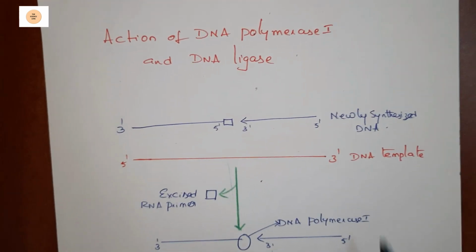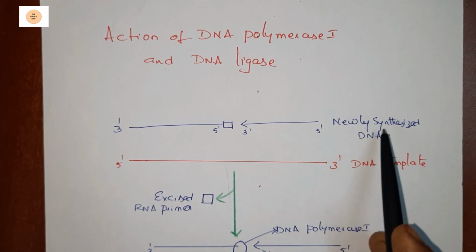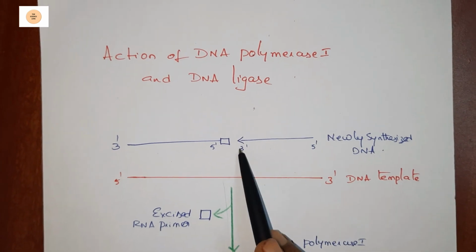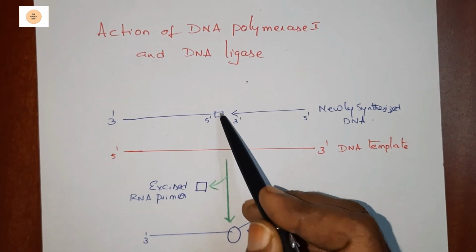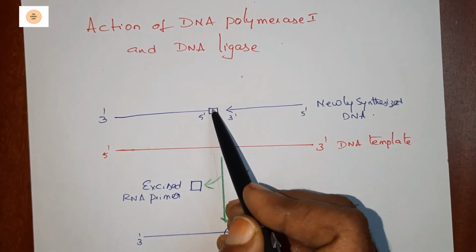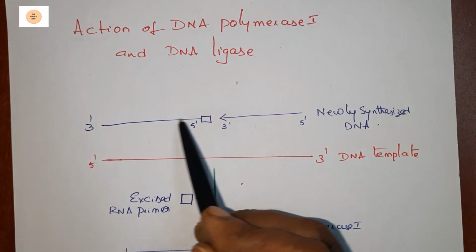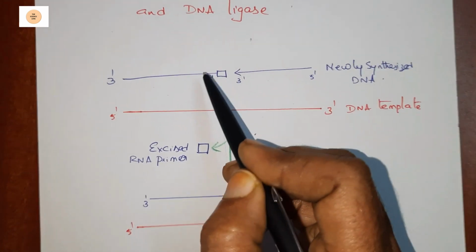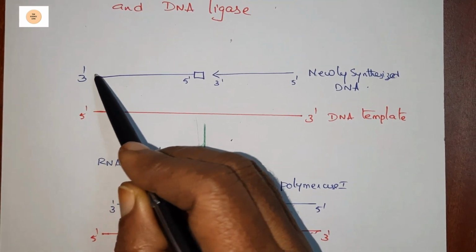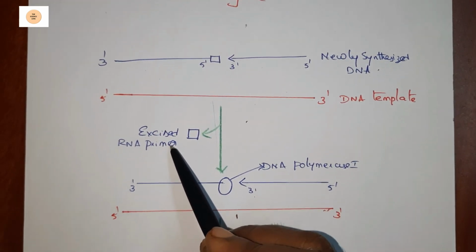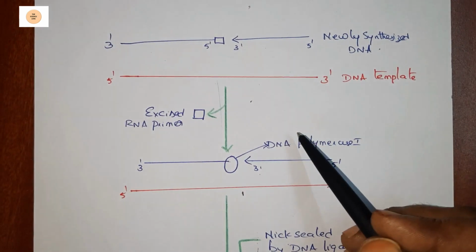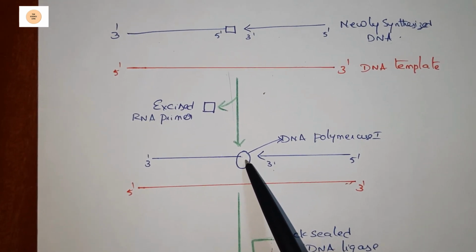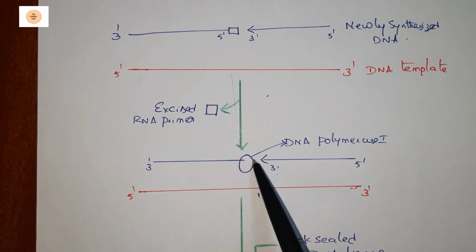As we all know, the parent strand is called the template strand, and this is the newly synthesized DNA strand. Here it is formed from the 5' direction to 3', and this is called the RNA primer, and the chain extends like this. With the help of the DNA polymerase, all the dNTPs are attached to this RNA primer. After the chain length is extended to a certain distance, the RNA primer is excised. That means it will break there and be removed. So like that, this part is removed here. Now only DNA polymerase is left, and this DNA polymerase extends the length like this.